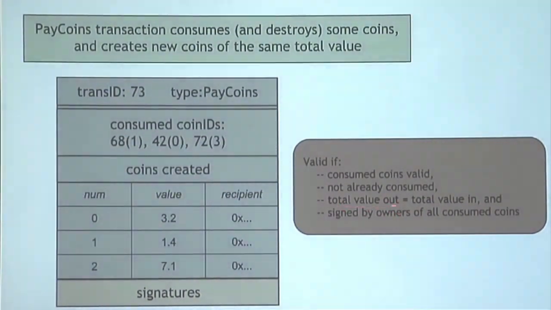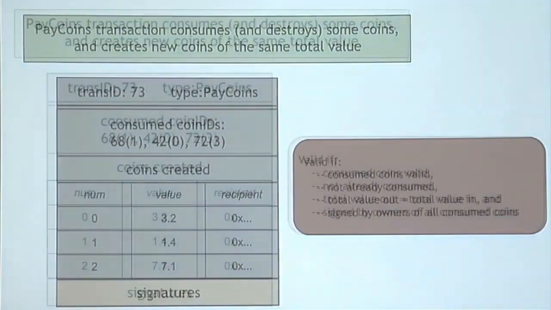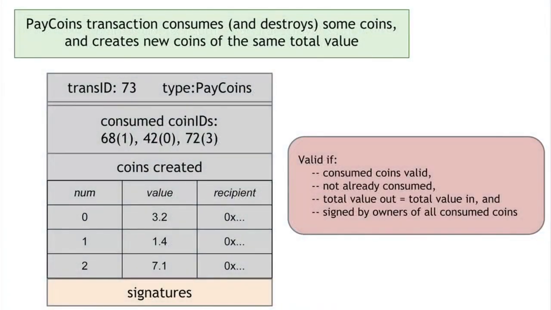Third, that the total value of the coins that come out of this transaction is equal to the total value of the coins that went in. And finally, that the transaction is validly signed by the owners of all of the consumed coins. If all of those things are true, then this Paycoins transaction is valid. Scrooge will accept it. He'll write it into the history, into the blockchain, and everyone will see that this transaction